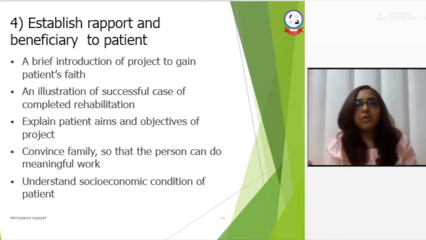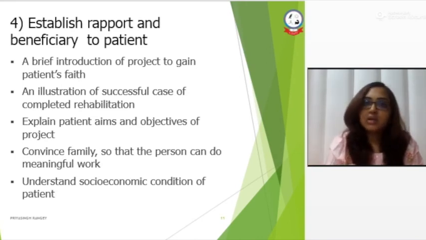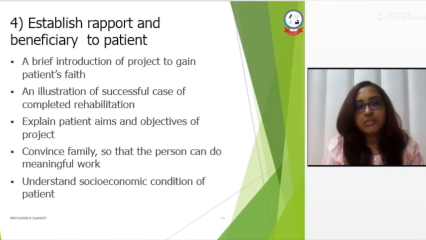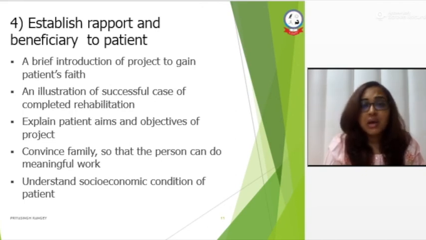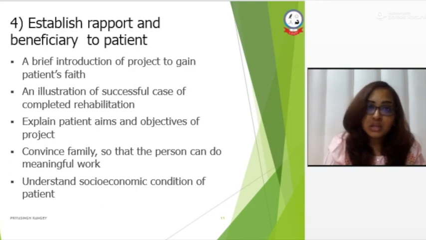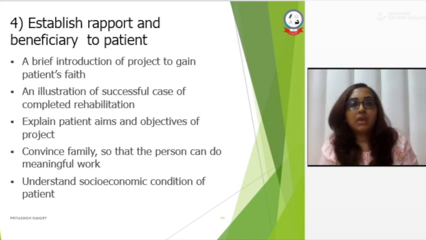When we talk about a patient who belongs to a poor socio-economic condition, it is quite difficult for them to understand what we are trying to do. Also, these people may not have the time or the energy to come for rehabilitation services. They may not have those resources that we might need them to have, because for them, their daily livelihood is more important than any rehabilitation plan. So that is why we need to consider the socio-economic condition as well, and we need to perform the rehabilitation